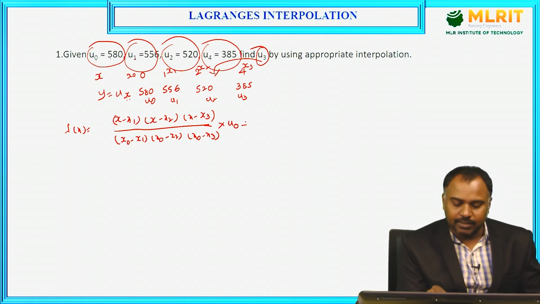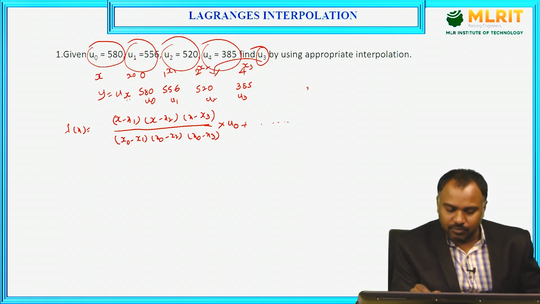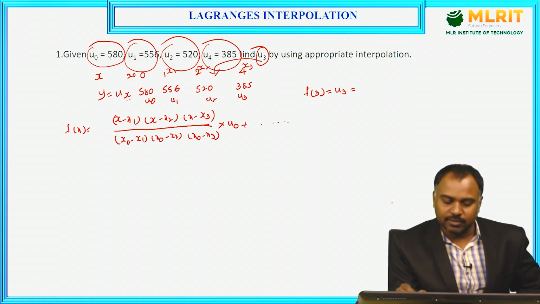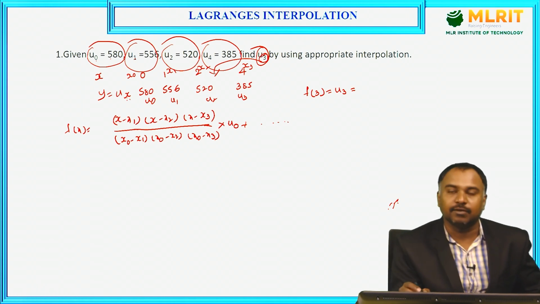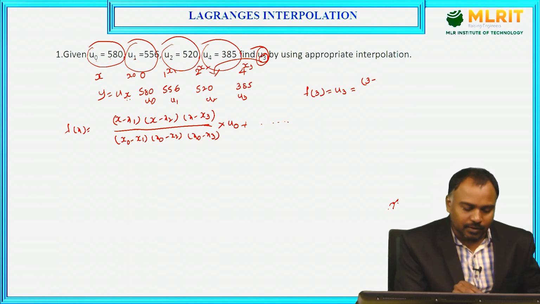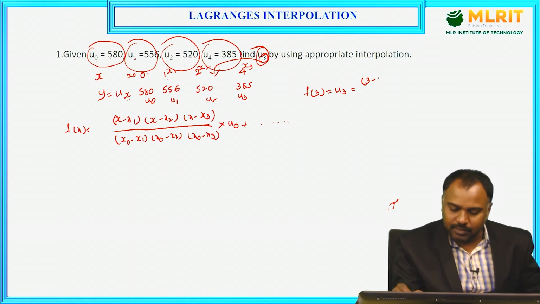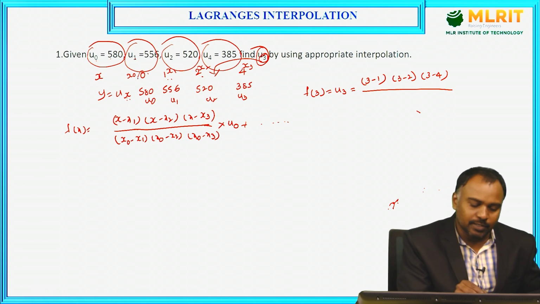So like this, for 4 terms we need to write. Now I am going to substitute f of 3, which you can also write as u3. So x minus x1, where x is whatever value we are finding. So 3 minus, except the first value, all the remaining: 3 minus 1, 3 minus 2, 3 minus 4, divided by whatever we excluded in the numerator,